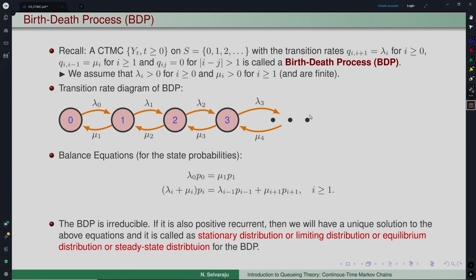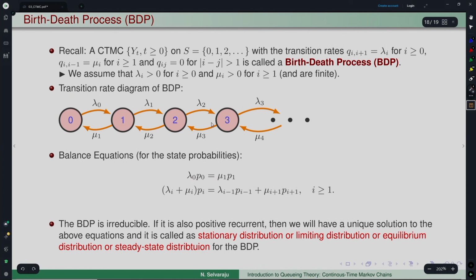Now, again the balance equation for this would be this, right. You look at state 0, the rate of flow out of state 0 is, it is in state 0 and with rate lambda naught it is moving out. So, lambda naught P naught would be the rate of flow out of state 0. Now, what is the rate of flow into state 0? It can come to state 0 only from state 1. So, P 1 times mu 1 is what would be the rate of flow into state 0. This is the boundary state, so it will have this separate equation.